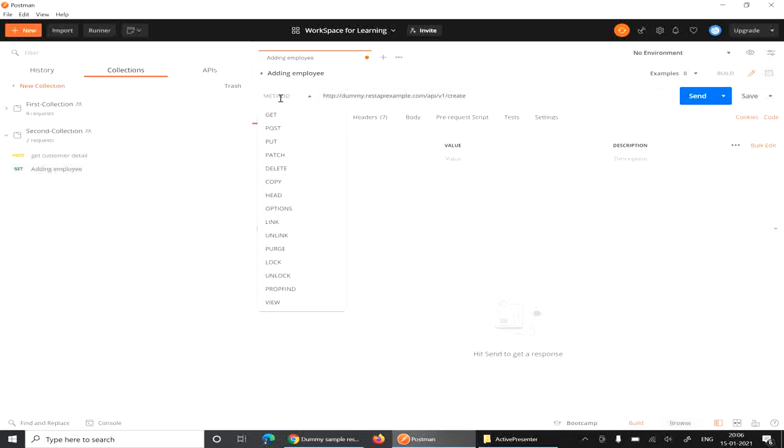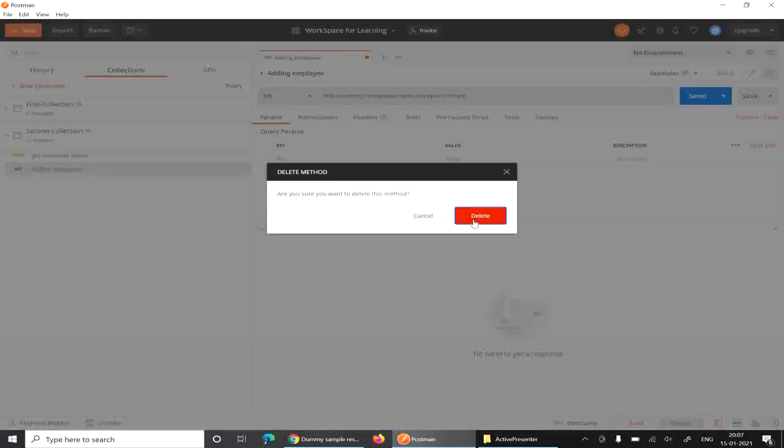So let me try with fix. Here you can save that method. Now you can see it is listed here. If you want to delete it, you can delete it, there is a delete button. You can just click on this and delete it.